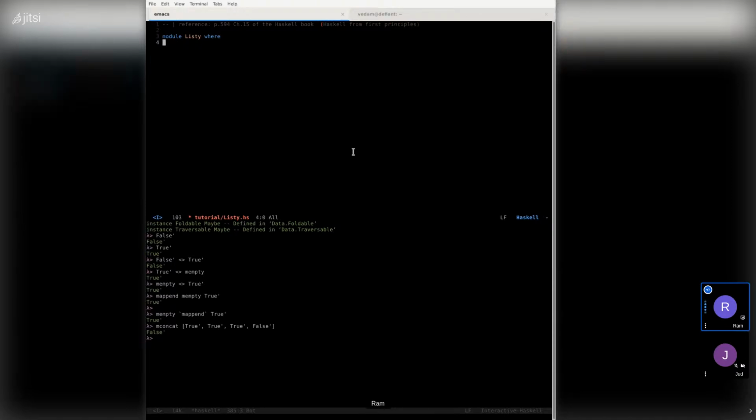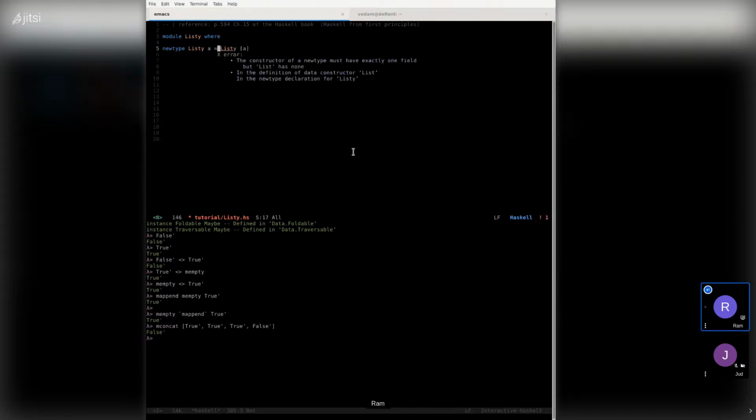Here we have a newtype called Listy, which takes a type a and is the same as the underlying list value that it has. We're just going to make this derive Eq and Show.